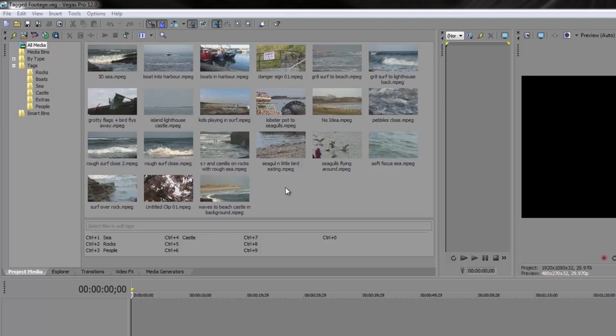project media panel, and how we can organize our footage and find things with a very smart search function, which we then can create something called a smart bin. Now, at the moment, I've organized lots of different tags, and if I click on the one that says castle,